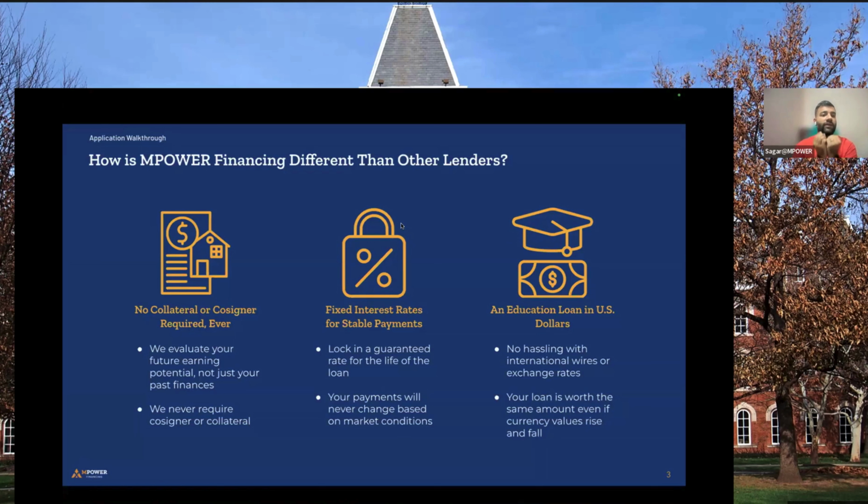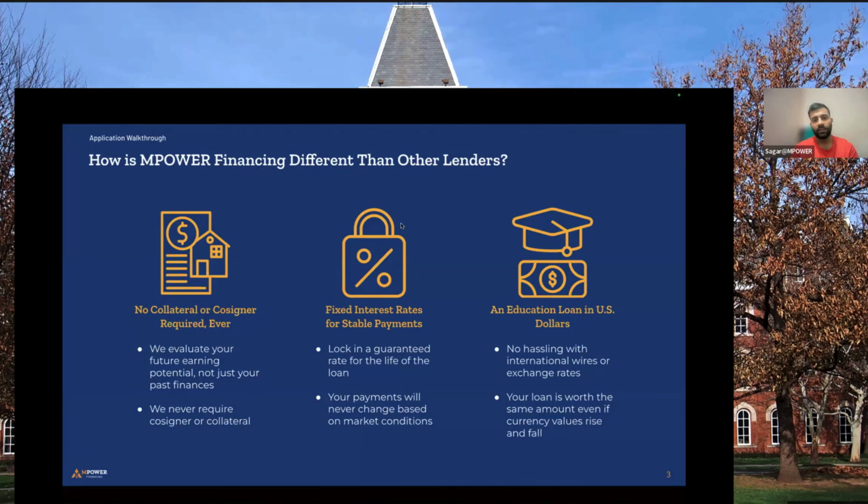The reason being, we give out the loans directly to the schools. So that saves a lot of headache for you, where you do not have to worry about the money being moved here and there. And we work with the school to ensure that they receive the funds for your admission. So that is the third feature that we have. And with these three features, we believe our product stands out compared to all other traditional lenders in the market. And it caters to more international students who would not have thought about pursuing an international education prior if MPOWER did not exist. Which is why we believe we are genuinely enabling more access to finances for higher education.